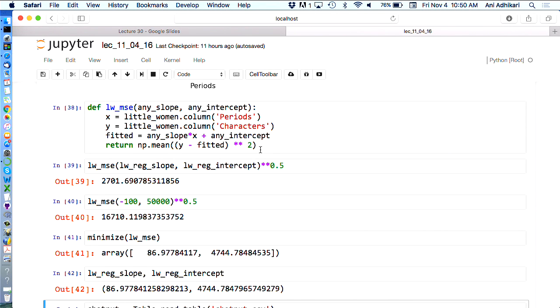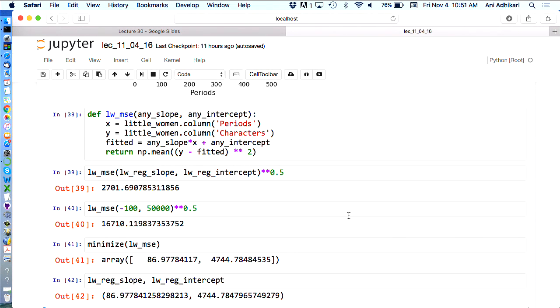Can minimize be used to return something other than slope and intercept? If I can get to where we're going to get to, you'll see very soon the answer is yes. Okay. So what have we learned thus far? We have learned that the regression line, whose formula we developed on Wednesday in the context of football-shaped scatter diagrams, is actually the least squares line regardless of the shape of the scatter diagram. Because minimize doesn't care what your scatter diagram looks like. And we are going to confirm that, and then we are going to use minimize in something that doesn't just have a slope and an intercept.